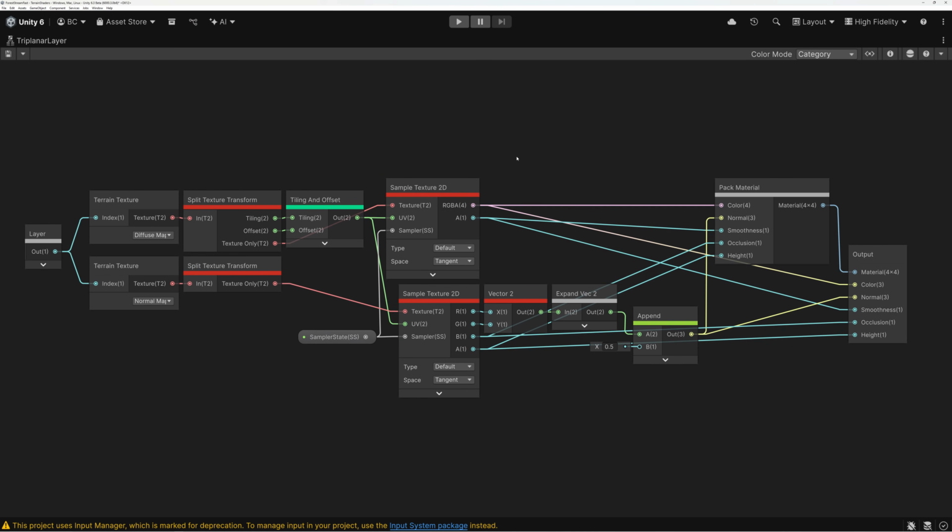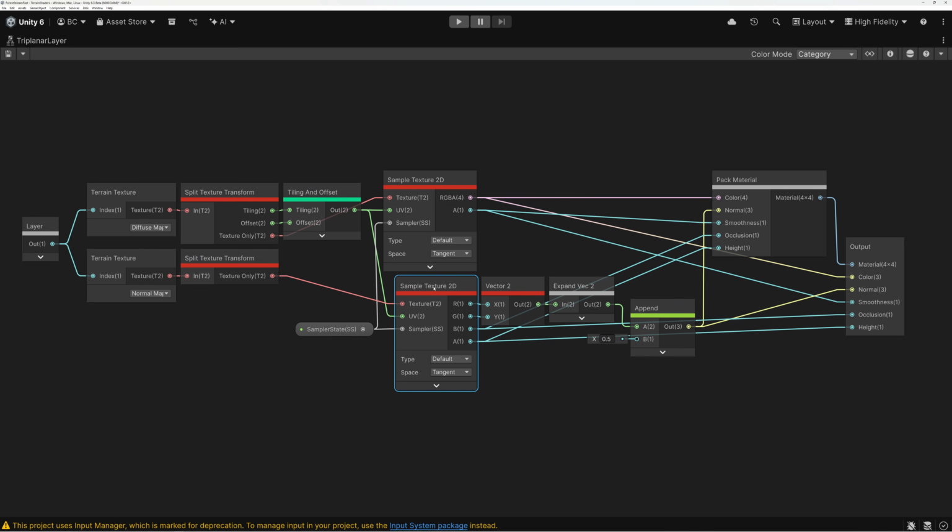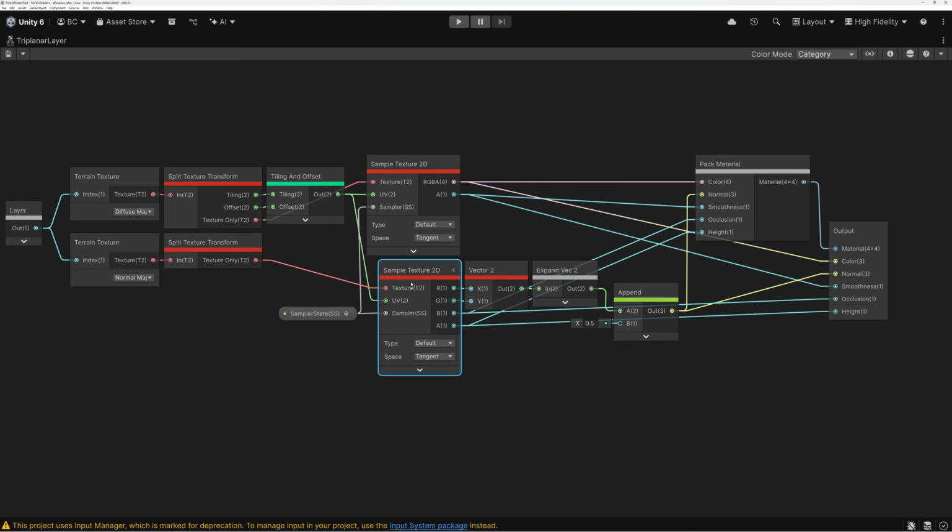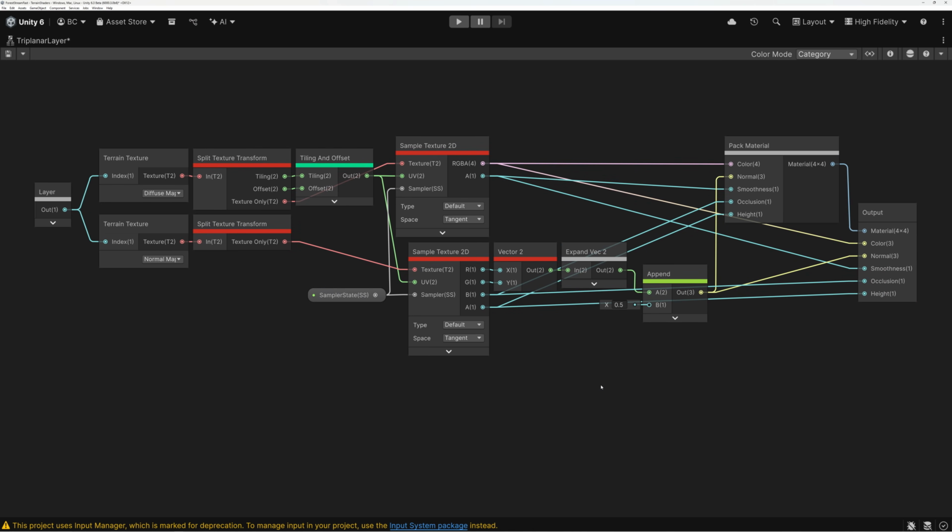Okay, so here's the shader that we're starting with. And you can see that we're bringing in our color texture and our normal map texture. Then we're getting the texture coordinates from them, and then we're sampling those two textures. And our normal map texture is a special one that's been packed. I described this packing in a previous episode, so I'm not going to go over it here, but you can see that we're unpacking the normal and also unpacking the color, also unpacking the occlusion and height, and then passing those values out. So go ahead and clone your simple layer that you created in the previous episode,